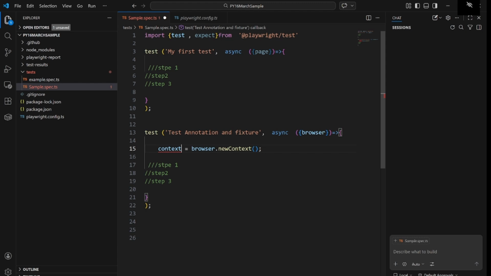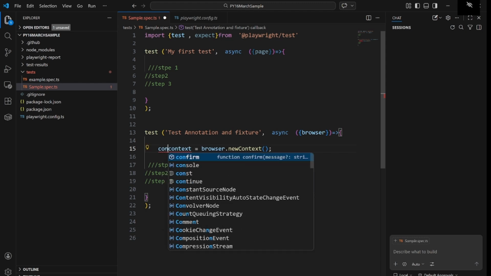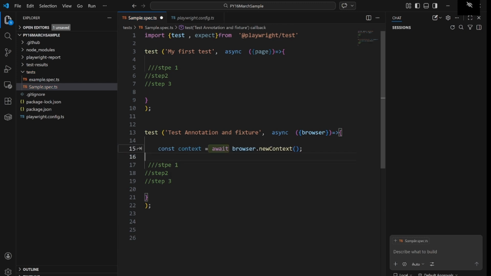Okay, you call it context, and the type will be const. Type will be your const. So what happened right now? I'm not using await. I already explained the concept of await, how await works with async, so I'm not going into more detail on the await side, because I already provided the details on that. But the structure it is using is like this.